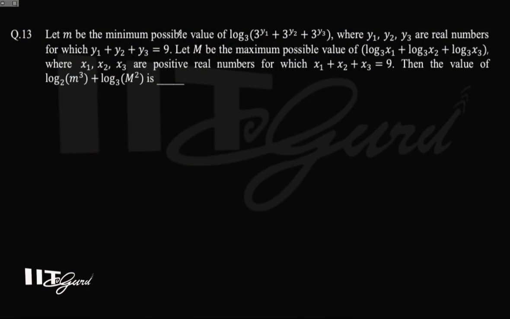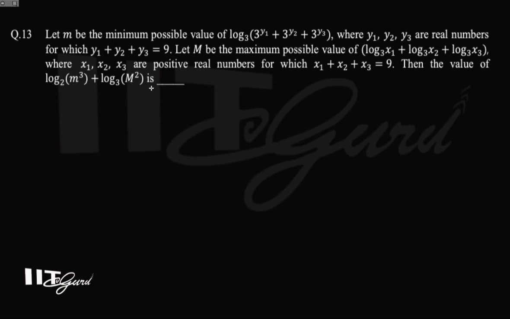Let m be the minimum possible value of this, where y1, y2, y3 are real numbers, and y1 plus y2 plus y3 is given over here. And M is the maximum possible value of this, where x1, x2, x3 are positive real numbers and their sum is 9. Then the value of this you have to find. Since they are asking about a maximum and a minimum, and these exponential terms are positive,